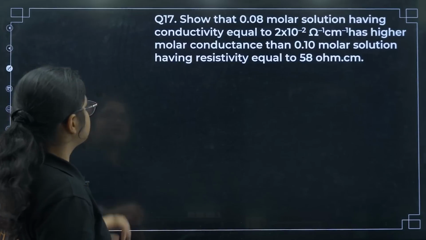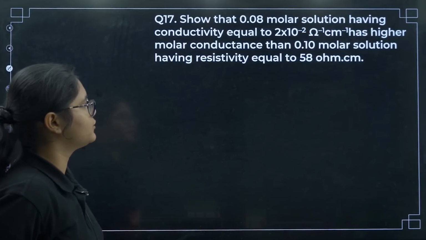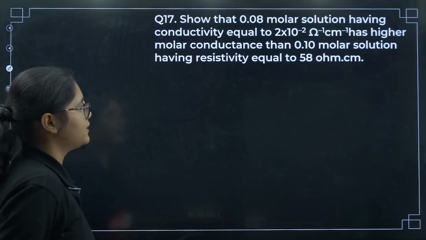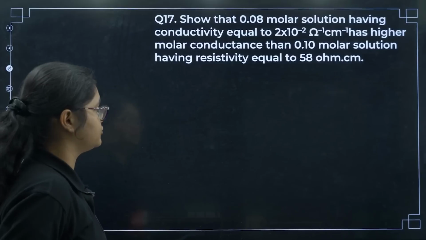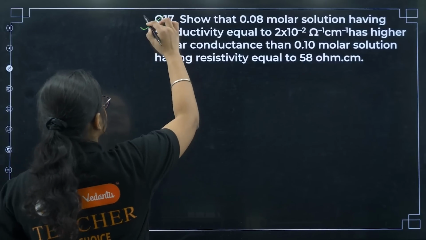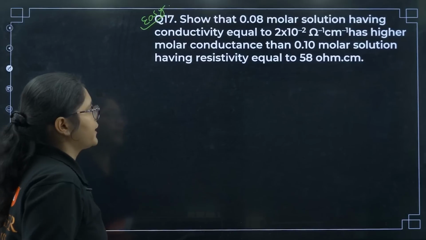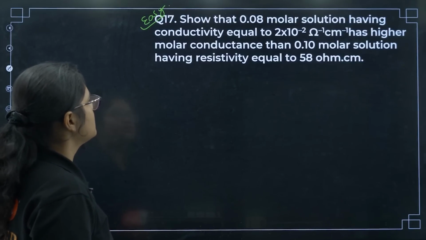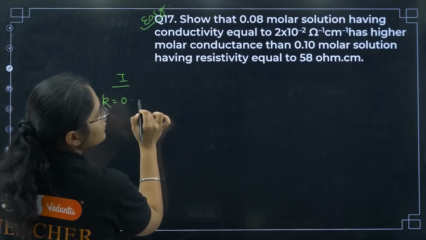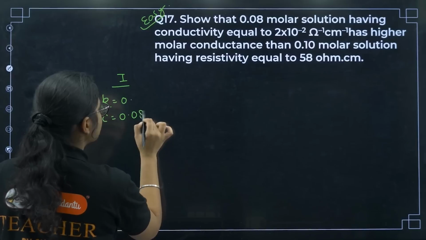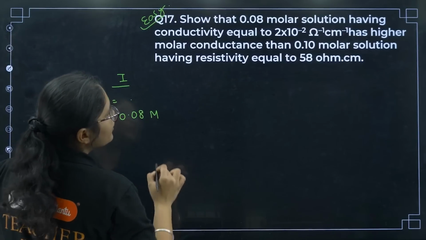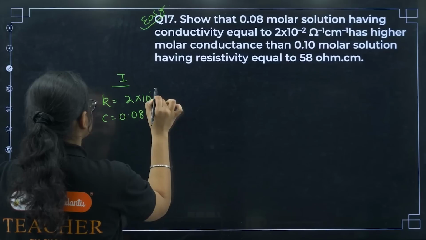Okay, next question number 17. Show that 0.08 molar solution having conductivity equal to 2 into 10 to the power of minus 2 has higher molar conductance than 0.1 molar solution having resistivity equal to 58 ohm centimeter. Okay, this is a very easy question, just have to solve it. So let us see. Conductivity is given for case 1. Concentration is 0.08 molar, and here I have 2 into 10 to the power of minus 2 S